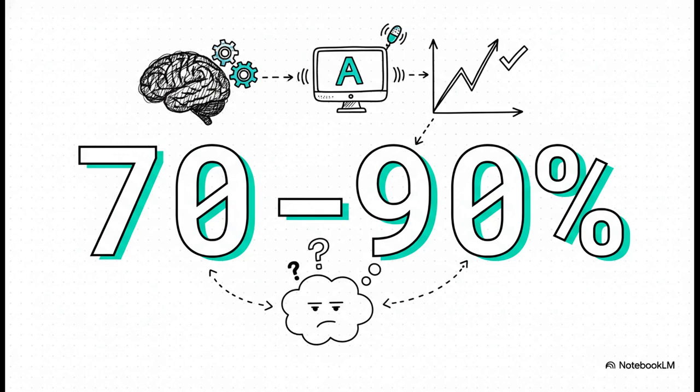And you know what? These tools are getting scary good at this. Their accuracy rates are often somewhere between 70 and 90%. Now, are they perfect? Of course not. They can still get totally thrown off by uniquely human things like sarcasm. A phrase like, "Oh, I just love it when my computer crashes."